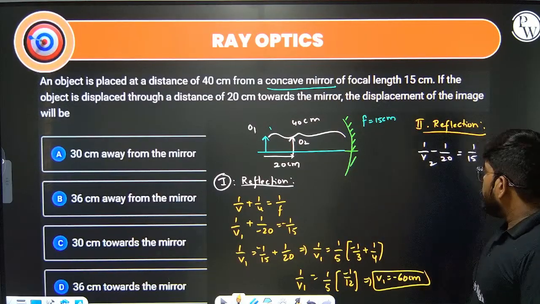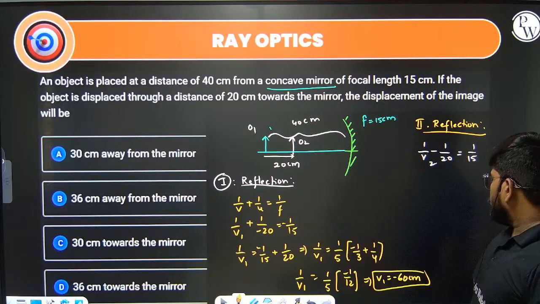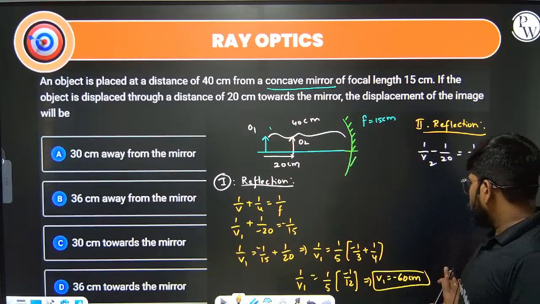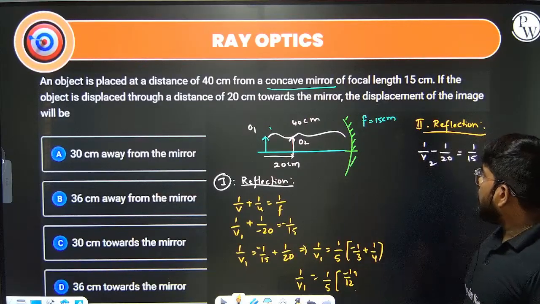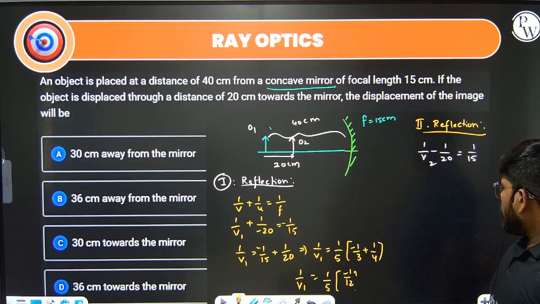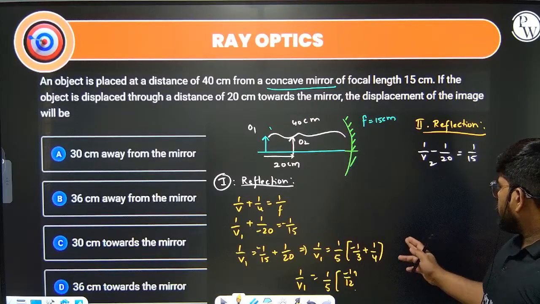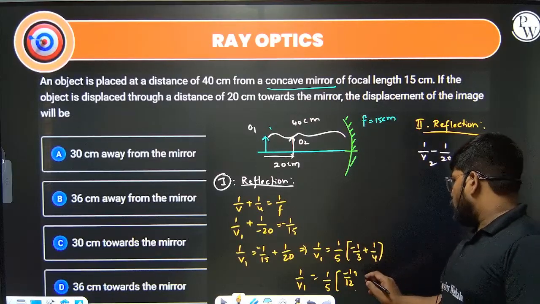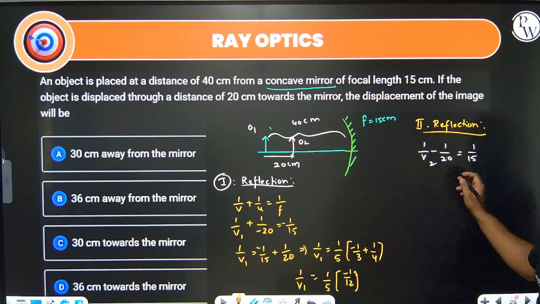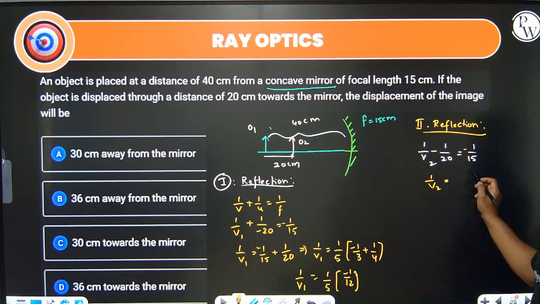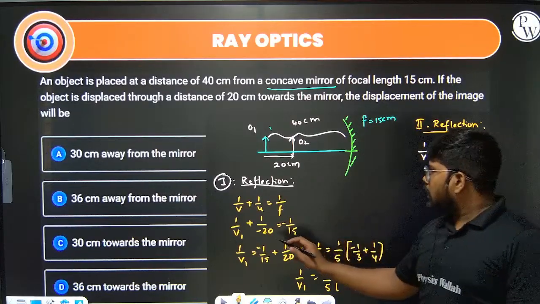Okay, so done. Is it fine? The calculation, you have to check it, because it doesn't feel right, since U is far, it should be coming less. 1 by 5, 1 by 3, 1 by 4, this is plus, minus 4, yes, it's fine. Okay, now let us go for this one. So what will it come out to be here? 1 by V2 is equal to, okay,